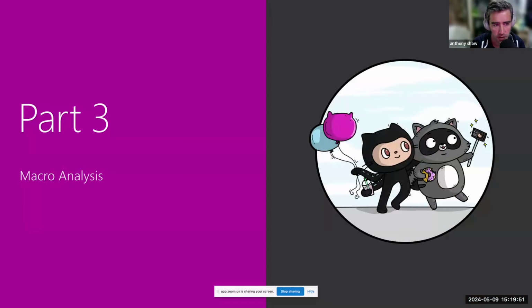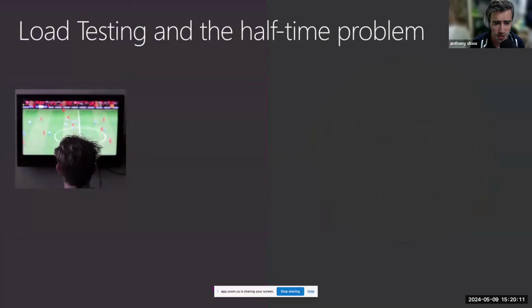Okay, so far we've looked at some specific Python design considerations. I'm going to spend the rest of the talk talking about load testing, which is looking at the whole system and testing the performance of a running application or a running system. So I've got two analogies for the concept of load testing.